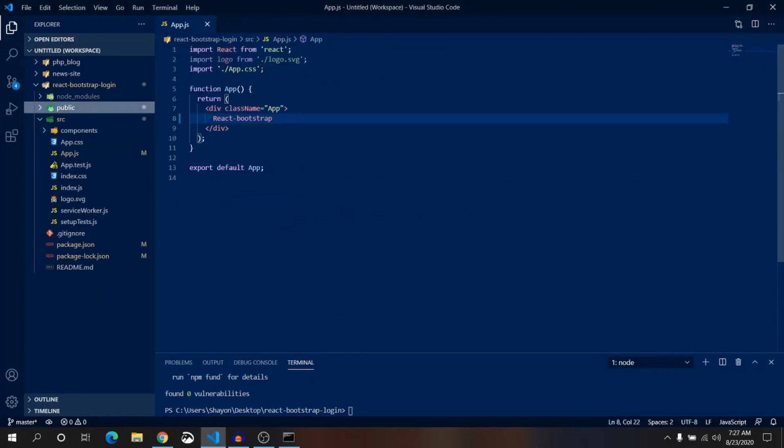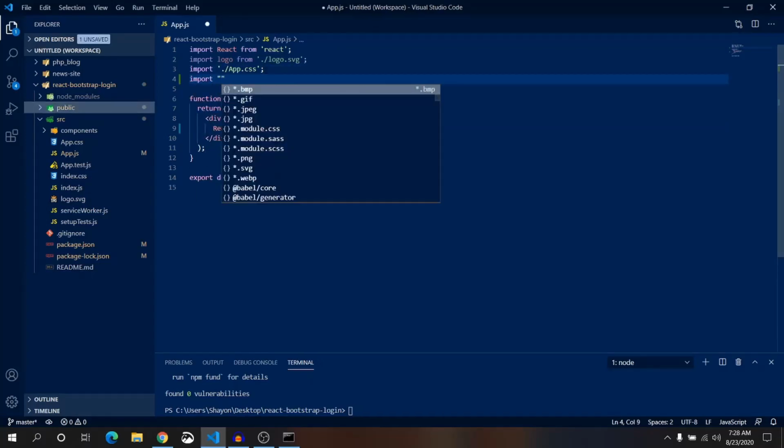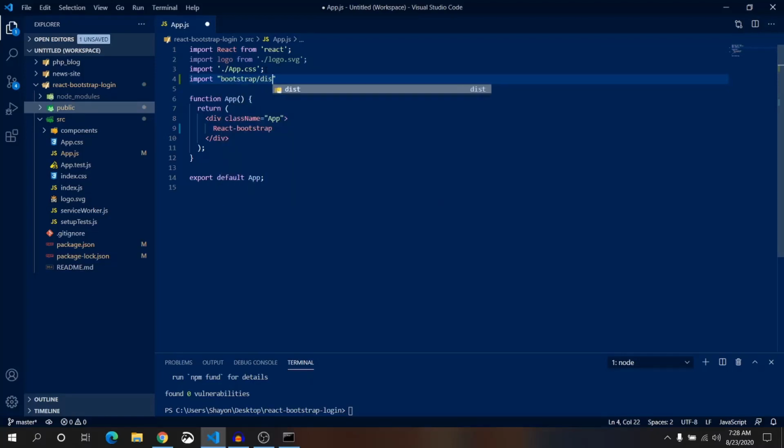Below this app.css, let's import React Bootstrap. Because this is a CSS file, so just write bootstrap/dist/css/bootstrap. Let's check it out.